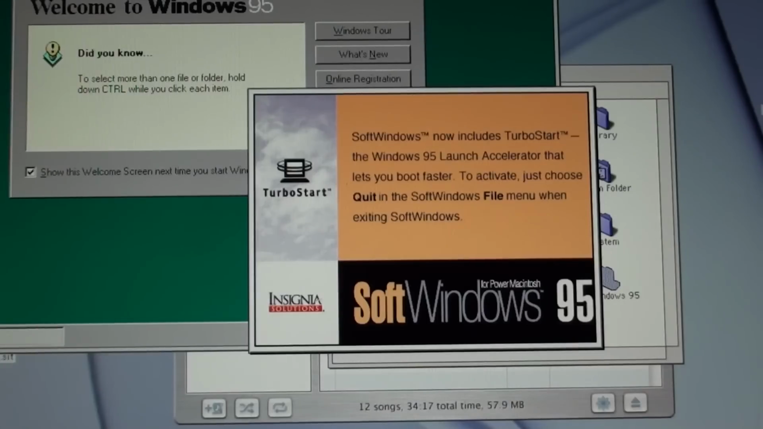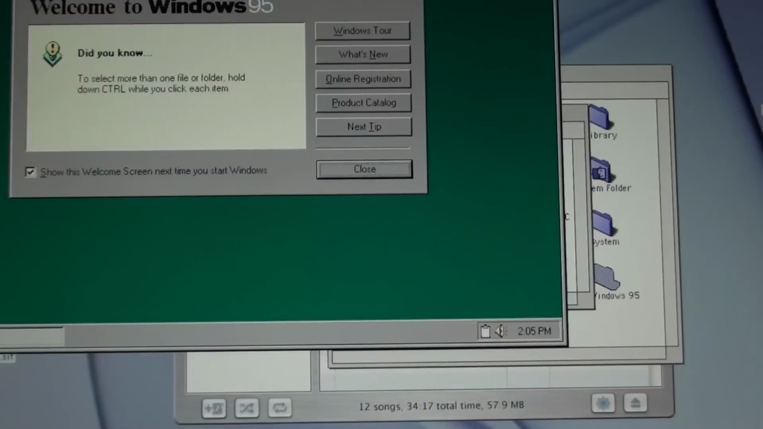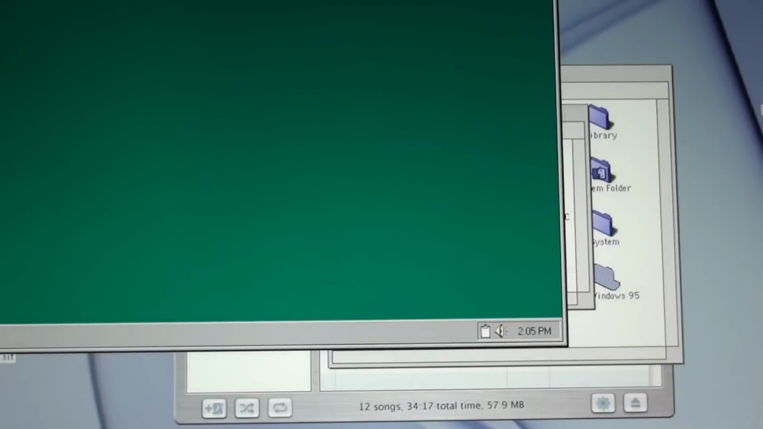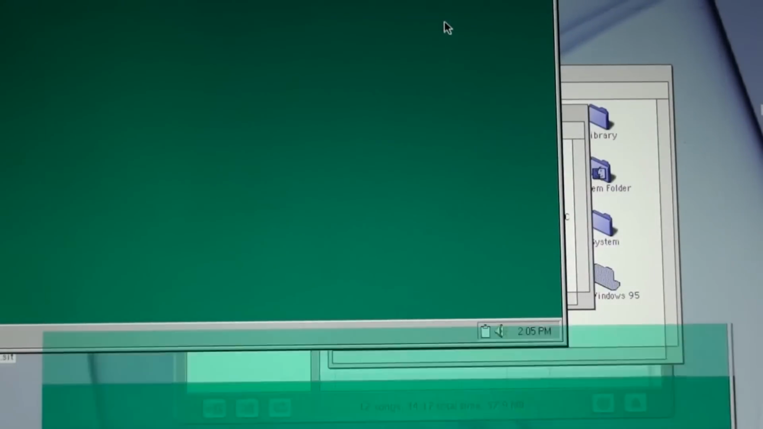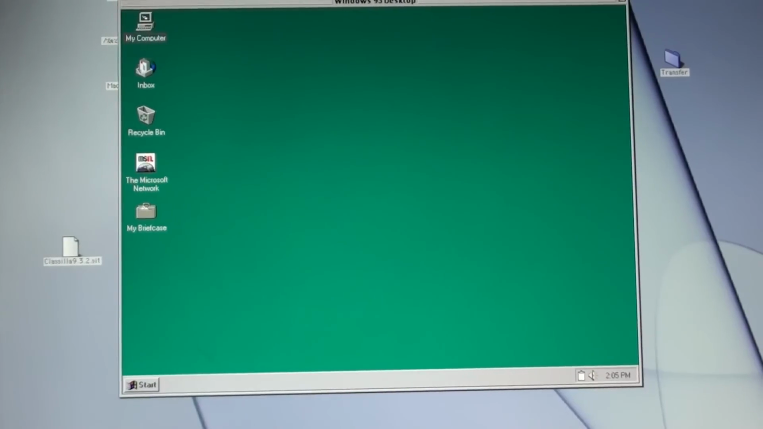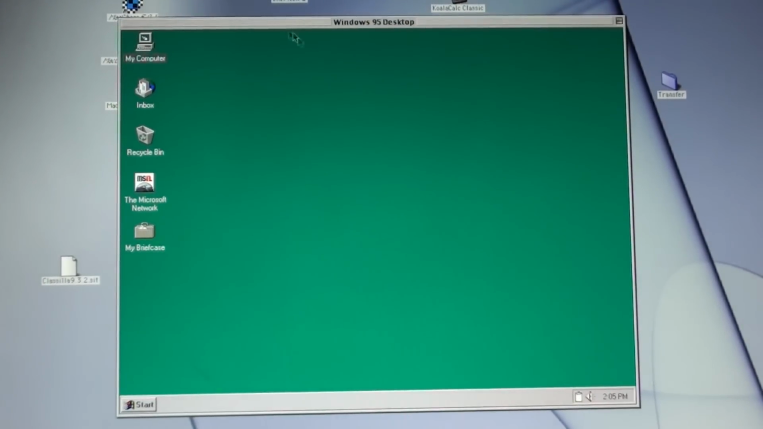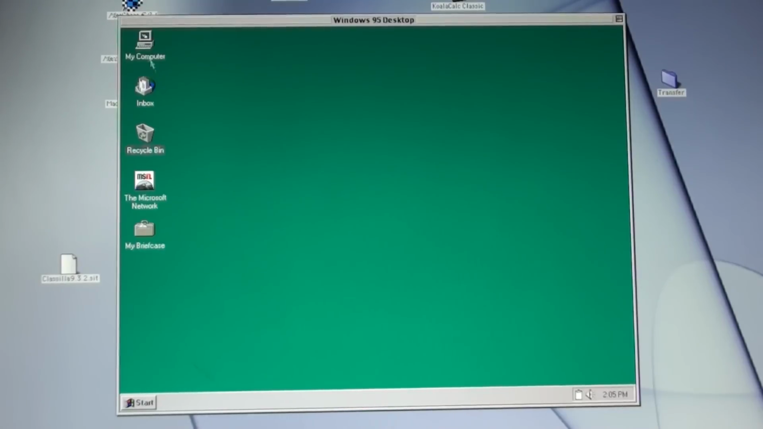Oh, SoftWindows now includes Turbo Start, the Windows 95 launch accelerator that lets you boot faster. To activate, just, I'm assuming that's already enabled. If not, holy crap, it's going to be even faster. I gotta try using this on one of those System 7 computers or something, because holy crap, that